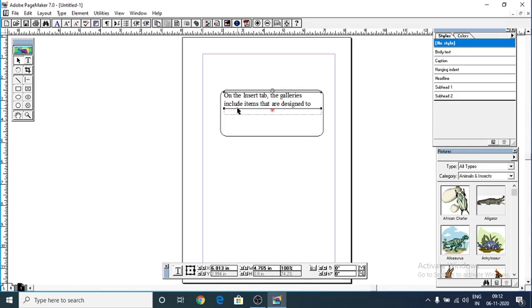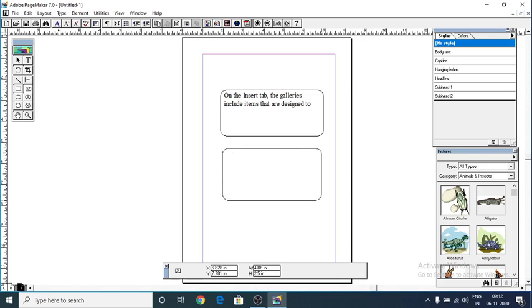So draw a second frame. Yes, I have drawn the second frame, and now